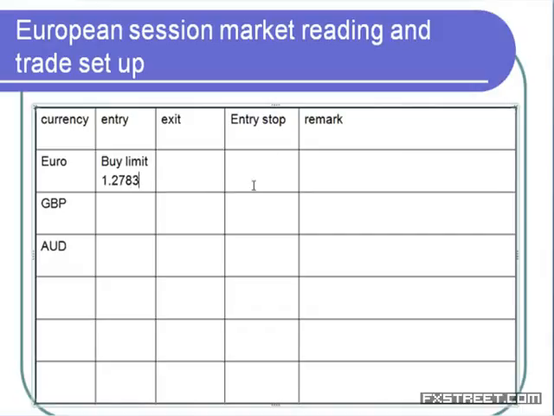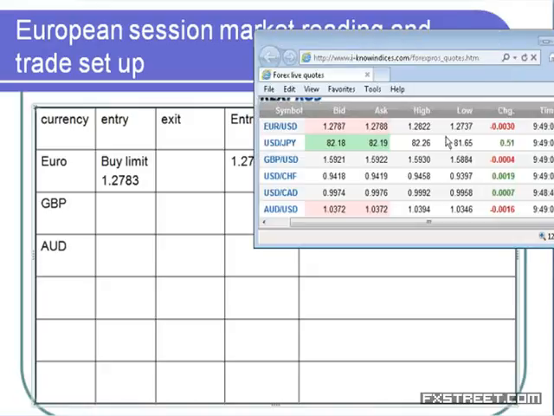So we will keep a buy limit at 1.2783 and an entry stop. We can use it 30 pips below, at 1.2753. So even though the market is in the middle level, it has breached the initial high of 1.2771, and so